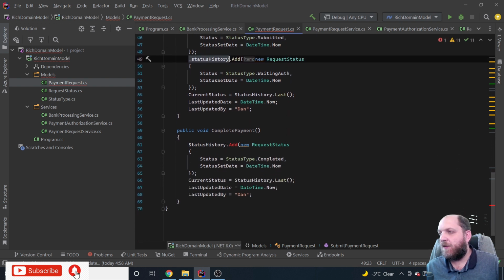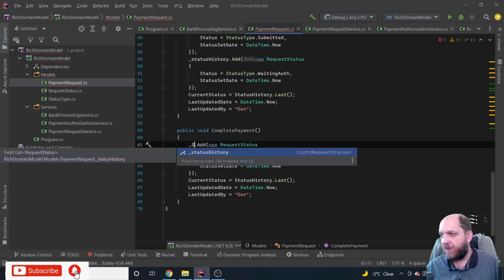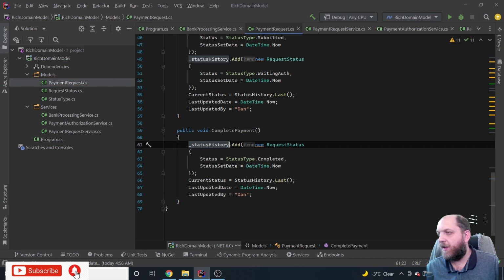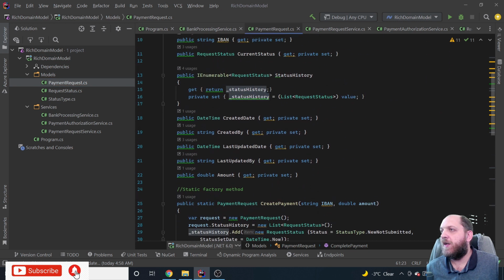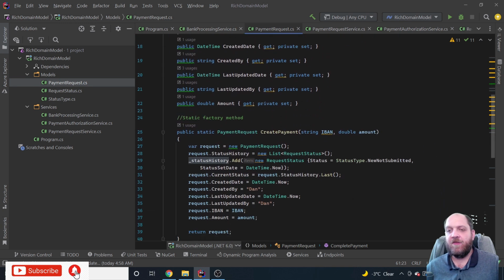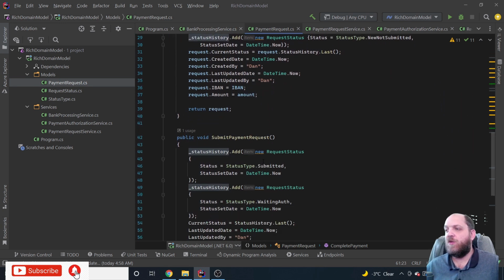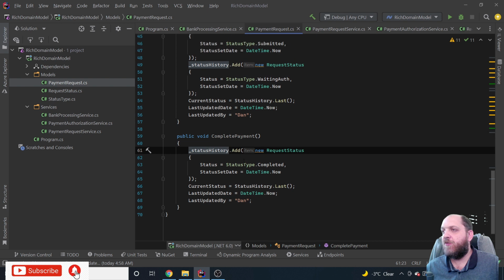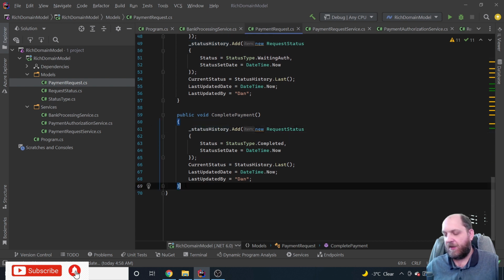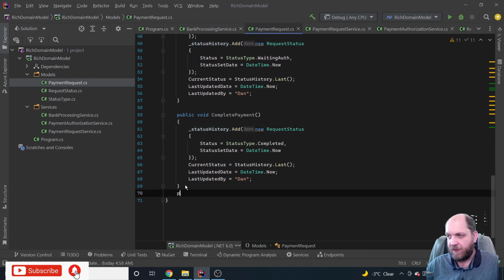And then once again here, we should change that to work with the status history list that we have here as a private field. And right now, everything is fully encapsulated, because right now, even the consumer cannot add things to this list anymore. And of course, if we want to add something to that list, we might just have here a method public,